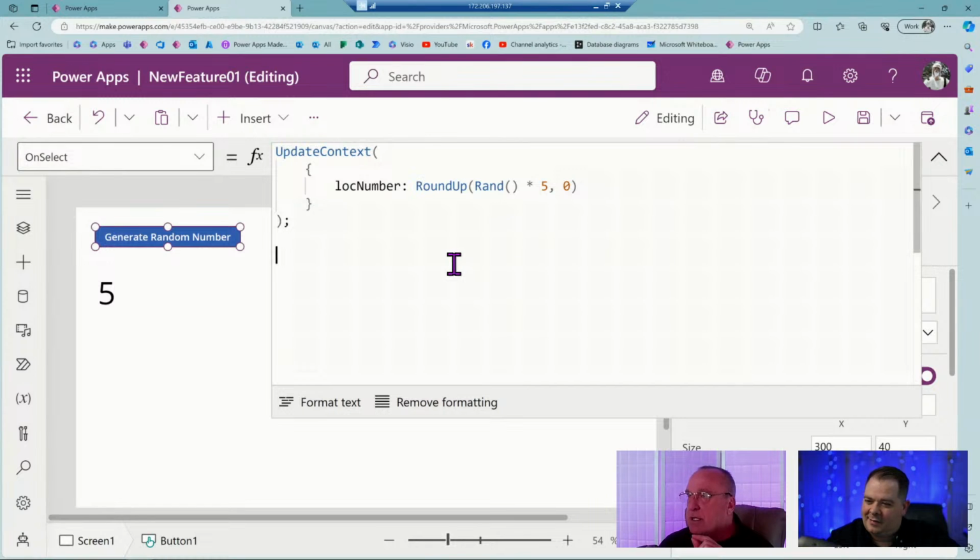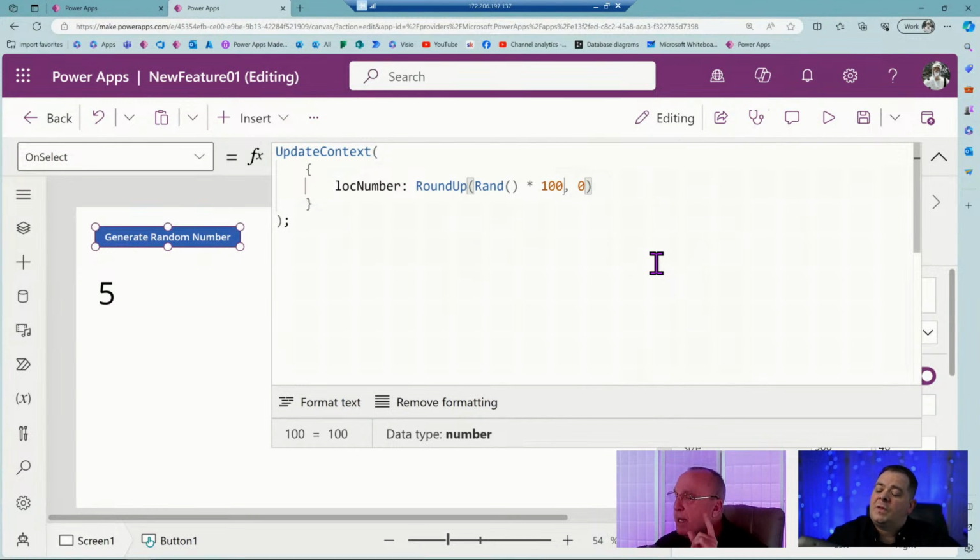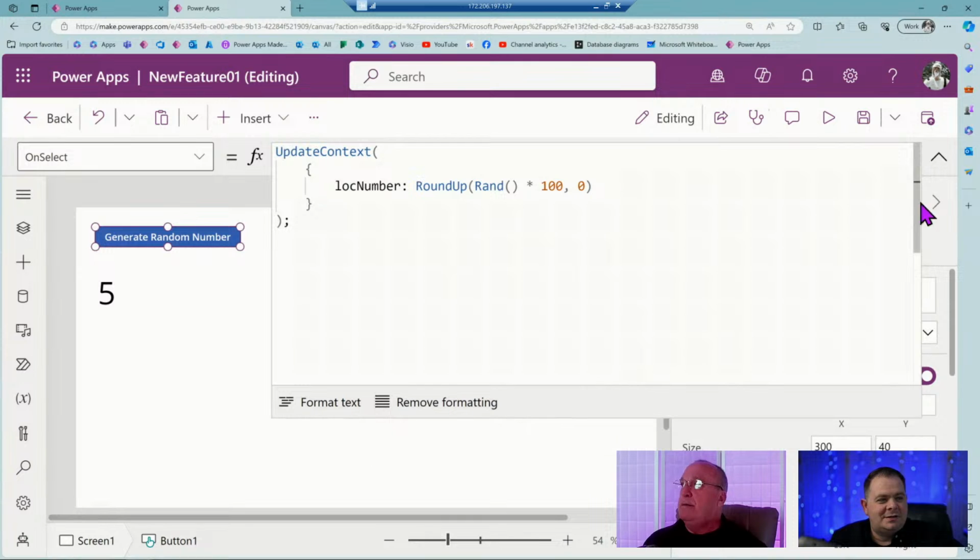The RAND function in its purity is going to give you a number between 0 and 1. It can be 0, but will never be 1. But if you do a ROUNDUP, you will get no 0 and you'll get a 1. Interesting. Okay. Very interesting. I like that.